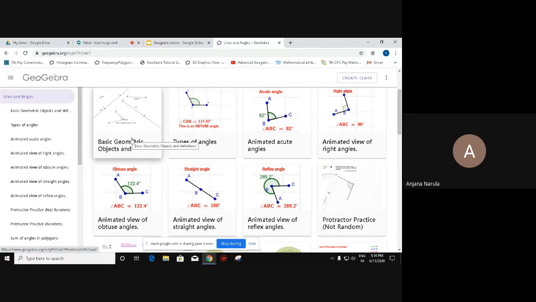So see, if I copy it from here, I can add it to the profile which I have created. Basically my profile area is like a cupboard. You can say a cupboard allotted to you in a room. This is a wider platform where a lot of users are there, and we can save our work in a cupboard, which is our own account. Also, we can create a class from here.